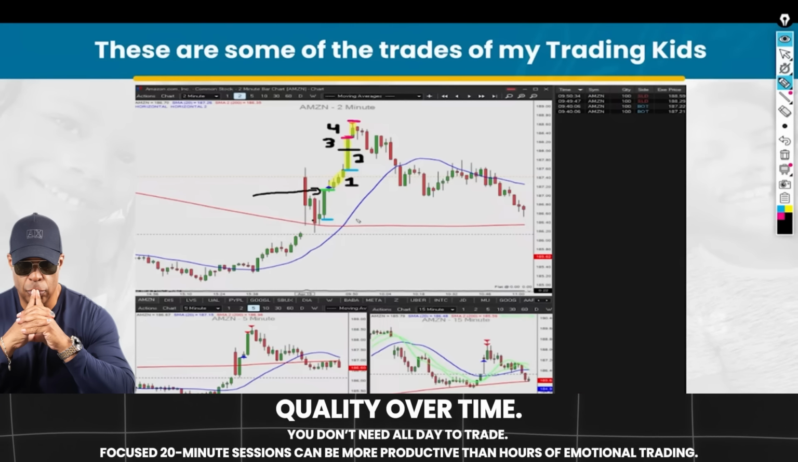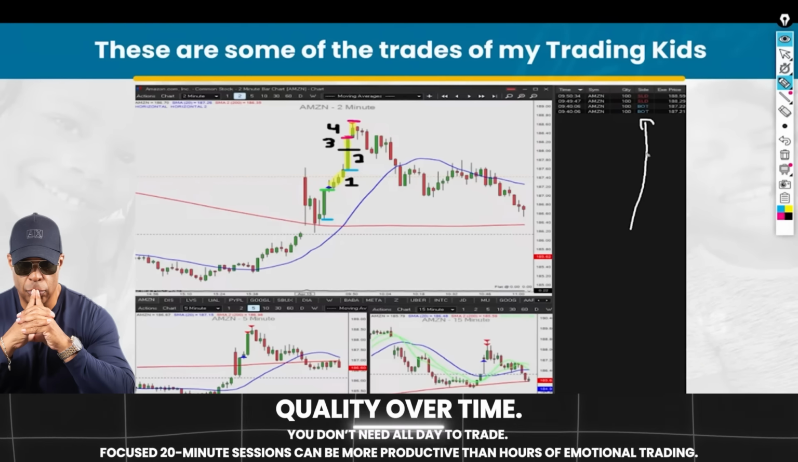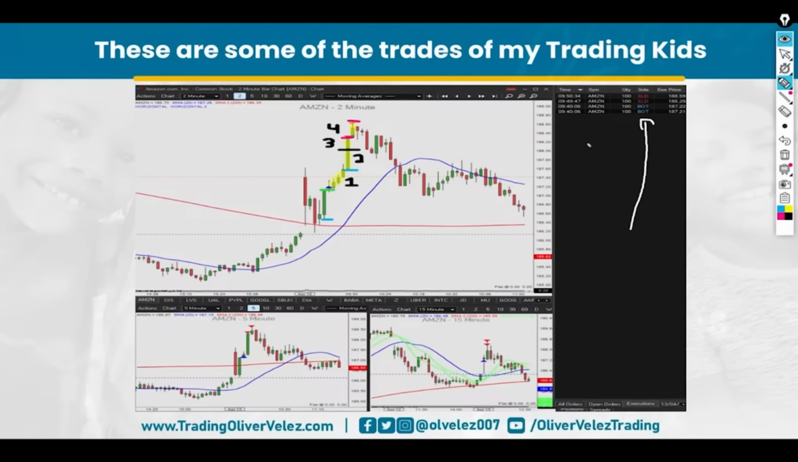Boom. Protection. Gotta love it. Taking profits up here, grabbing this whole run there. Beautiful. Also showing here where they bought and where they sold. And so if you look at the times here, guys, this took 10 minutes. 10 minutes, hundreds of dollars done. For a kid,